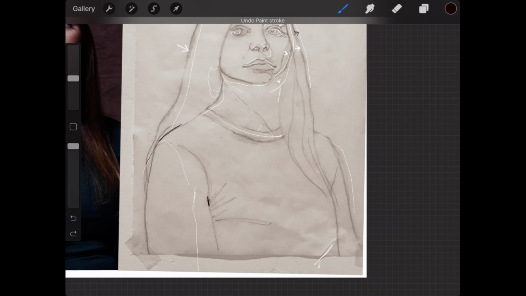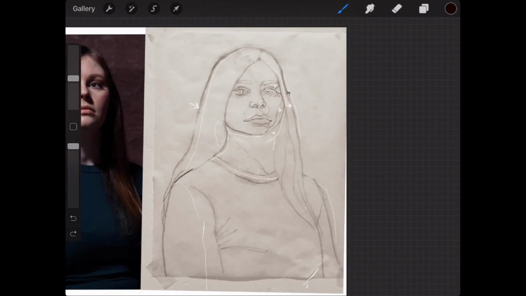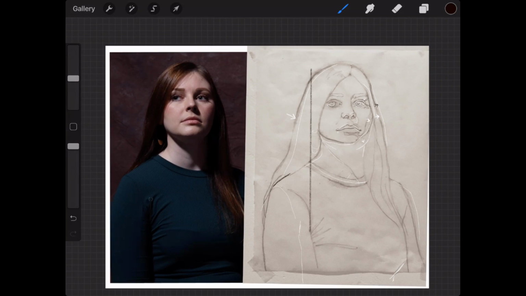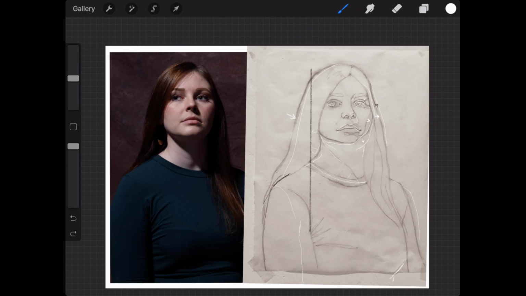Again, that's a really handy tool to use, that plumb line. You can drop a plumb line where you see her armpit sitting on the photo reference. Let me do this one in white just so you can see it. Straight line. So you can see that it should be hitting out here and not up here. So that's how plumb lines work.